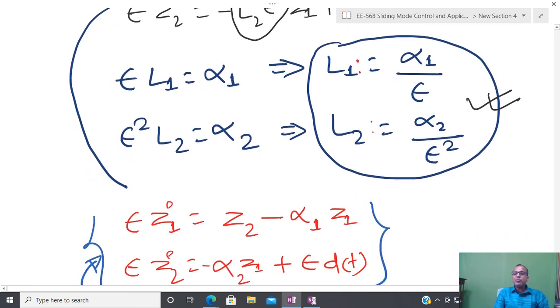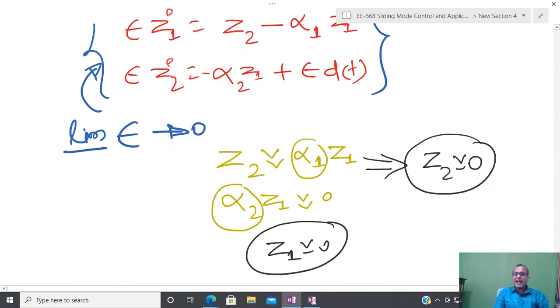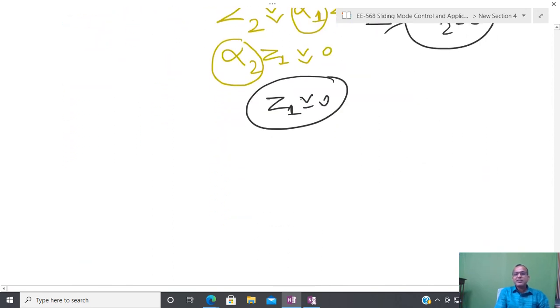But still one more thing is lacking. What is that? Whatever process I am telling, that is again asymptotic. I do not know at what time this kind of convergence occurs, but at least the high gain observer will work completely fine. So if you are working on power electronics or power systems, you can design this kind of observer. That is not a problem. The only issue is that I cannot tell when the estimation is going to start.